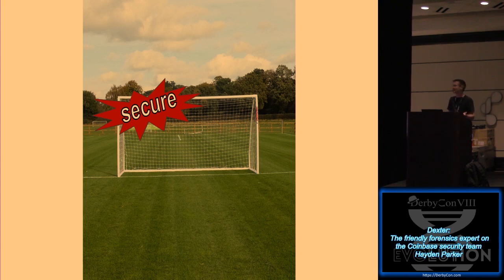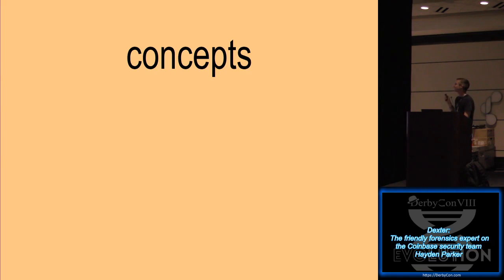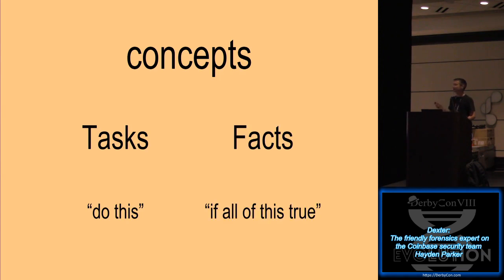Cool. So let's talk about goals now. Goals look like this. I'm sorry, I'm only going to do this bit twice. I apologize. This is terrible. So what are the goals of Dexter? Well, first of all, it has to be secure. We try to make everything secure that we do at Coinbase. That's pretty important for what we do. So we want Dexter to be secure in various different scenarios. Also extensible. I want to make sure that when I give a conference talk about it, everyone's whipping out their laptop and making pull requests because they're so excited about how easy it is to use. Yeah, get some ideas. Okay, so extensibility is important as well.